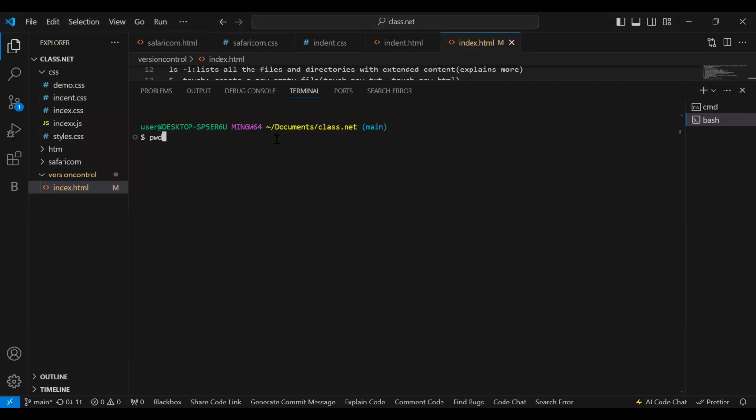Can I try and help? Just try. I think it will give you this documents slash class.net. Yeah, that will be the output. So it prints the current work